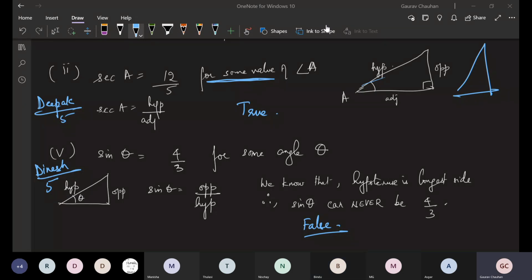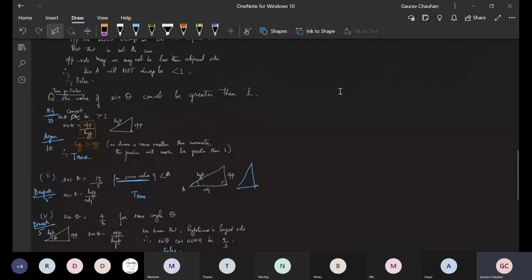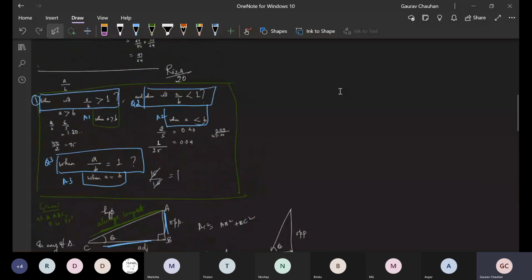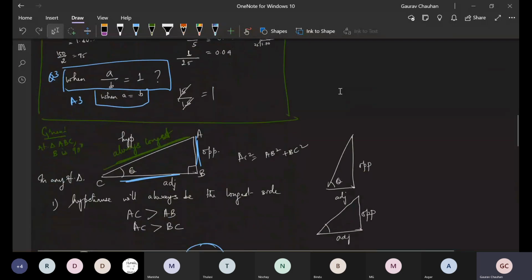Okay. So I'm seeing most of you are at 5, and it has been a very beautiful, very interesting discussion. Let me know in the chat box what you feel. A little bit stretching our thinking, applying different concepts. From fractions we know this idea, which Riza told us: when a fraction will be greater than 1, less than 1, or equal to 1. Then we combined it with the understanding of a right triangle. Hypotenuse is always longest. Opposite and adjacent can have any relationship: opposite can be bigger, adjacent can be smaller, adjacent can be bigger, opposite can be smaller, or they can be equal also.